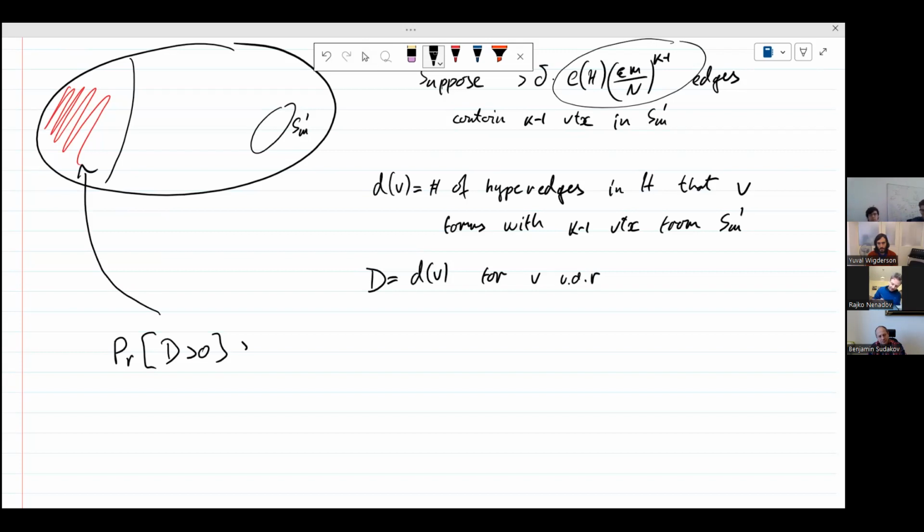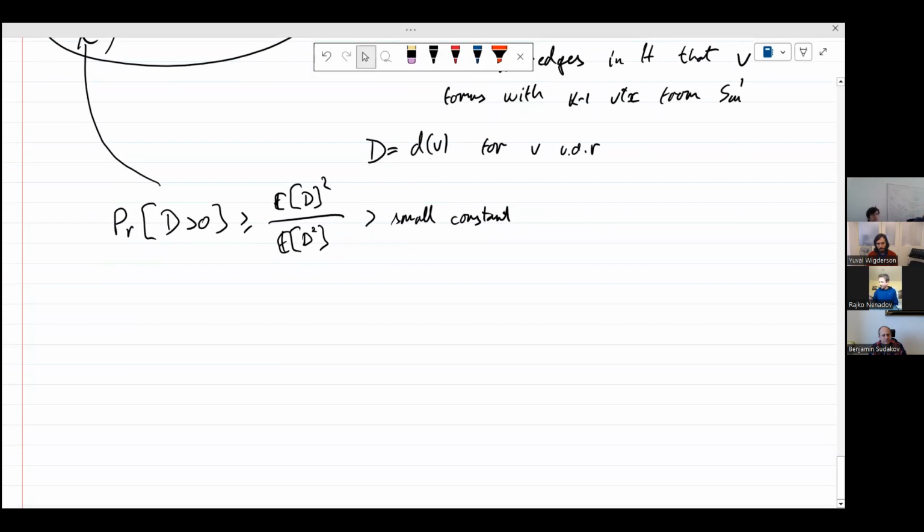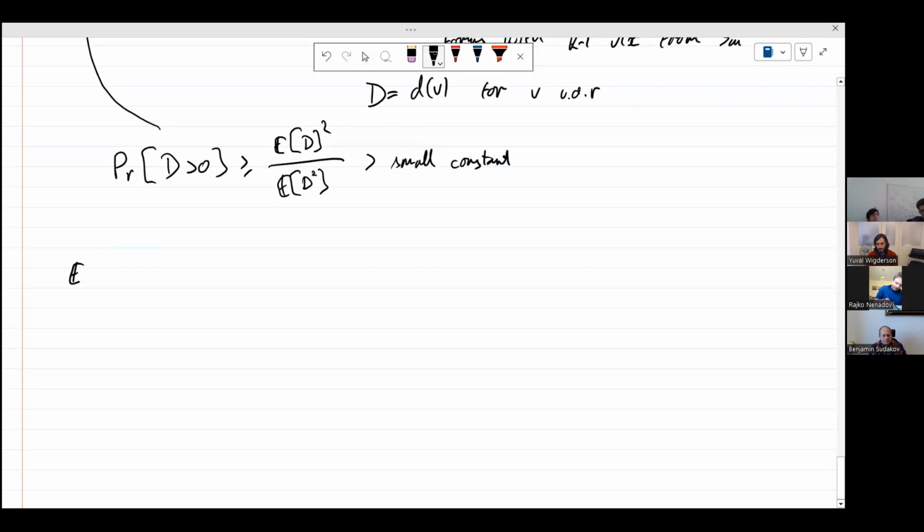Now, how am I going to estimate this? I'm going to use Paley-Zygmund. The Paley-Zygmund inequality tells me that this is at least expectation squared divided by expectation of D squared. Right, I want to say that this is at least some small constant. And that's where the second moment comes into play. And we'll see that this condition of delta being mu squared over m is precisely what's needed for this to work out. So let me briefly give you